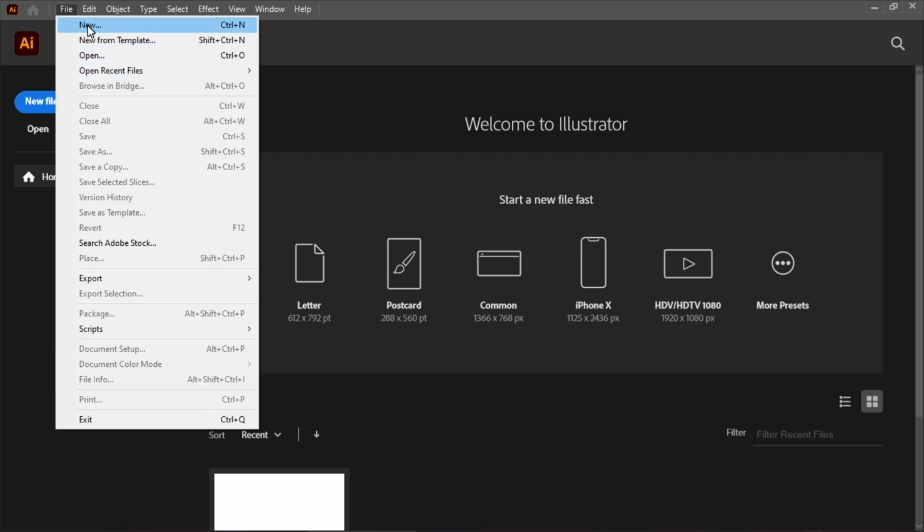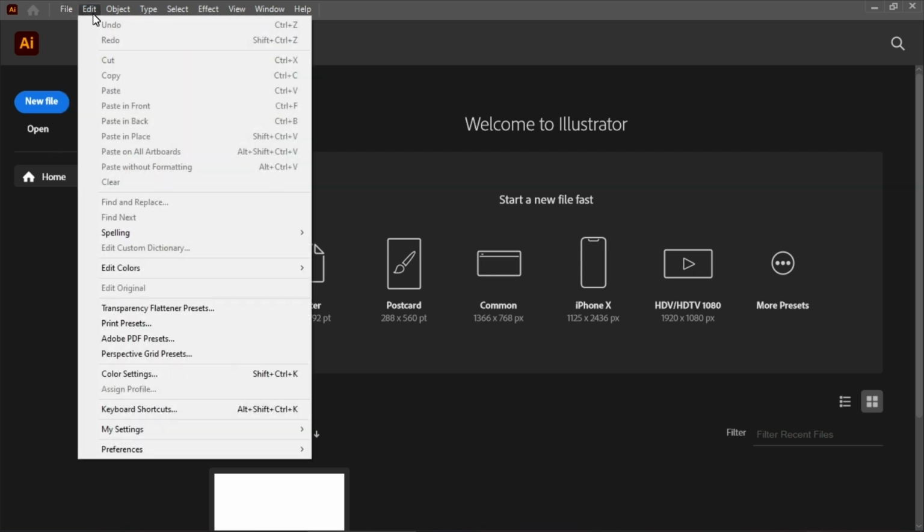All right, let's move on to the next menu, which is edit. Over here, you will find everything related to editing. So here there is undo, redo, cut, copy, paste, and then we have paste in front, paste in back, and paste in place. These are different forms of paste. Then we have paste on all artboards, paste without formatting, and then clearing. Then we can find and replace, find next, spelling, edit custom dictionary, and also there are many more